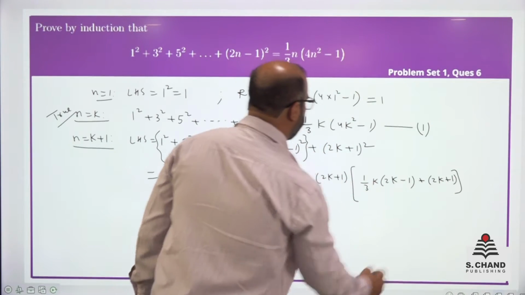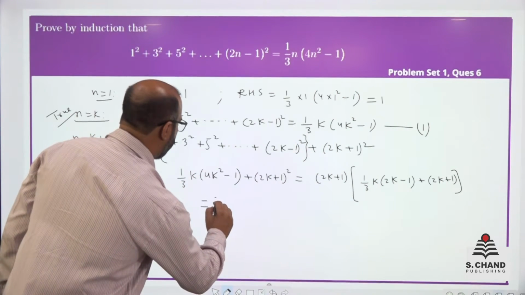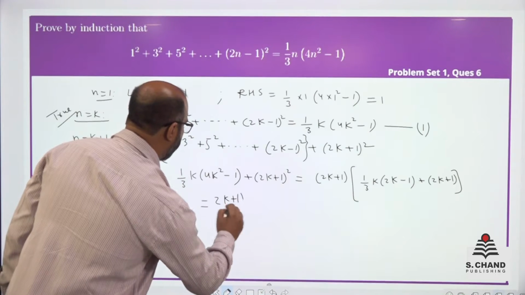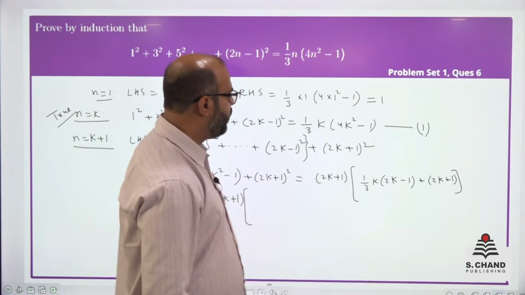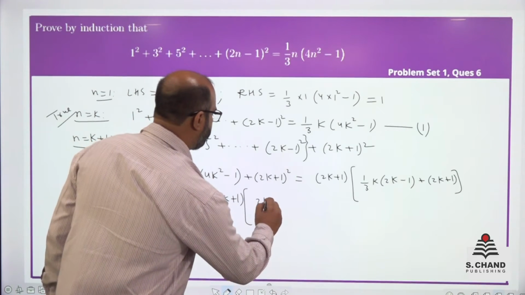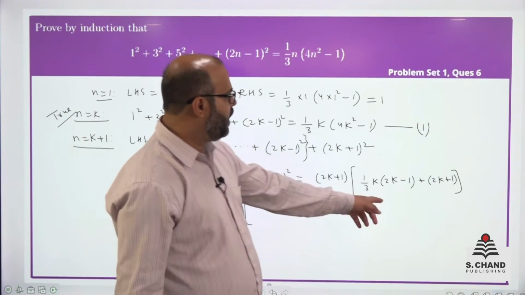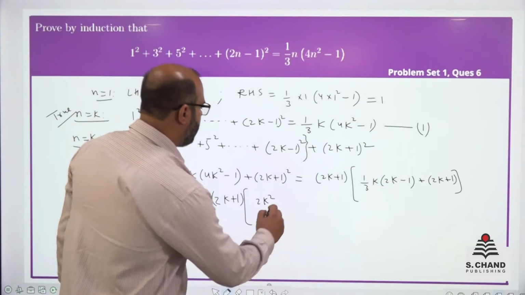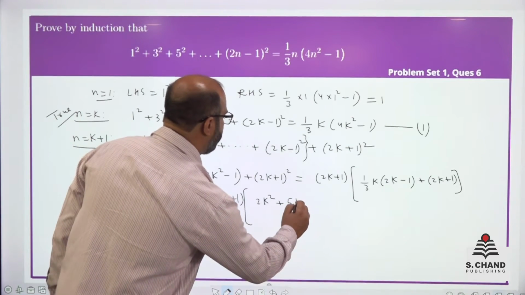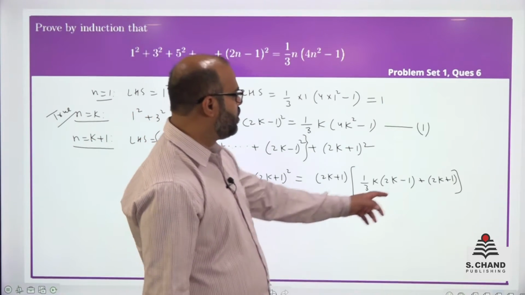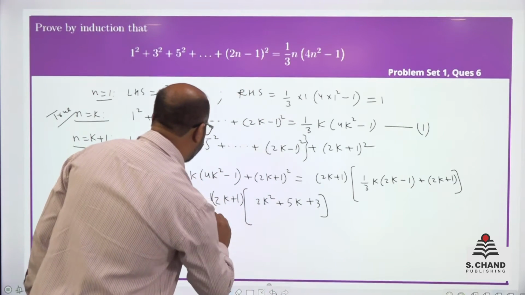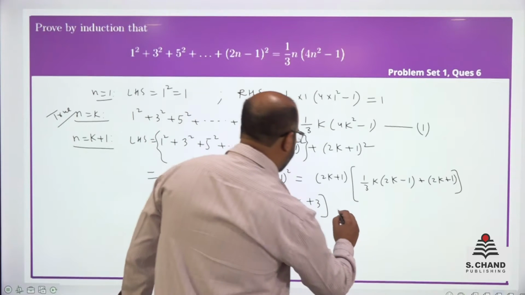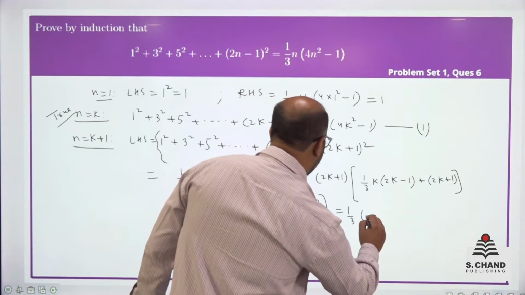Now when you take the LCM, after taking (2k plus 1) common, what will happen? 2k square minus k plus 6k, that will be plus 5k after taking LCM and simplifying, plus 3, and 3 we can take outside as 1 by 3. So this will become 1 by 3, (2k plus 1),